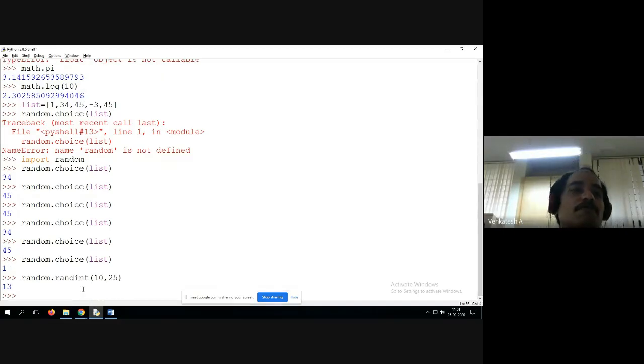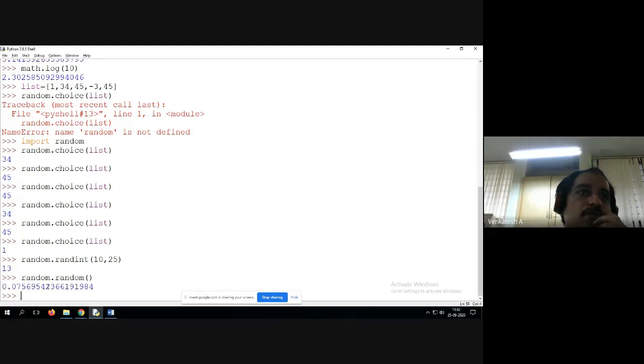Here now, within the range 10 and 25, it is able to generate some value. Now instead of that, if we use the random method, random.random, no parameters. Random is a method with no parameters.